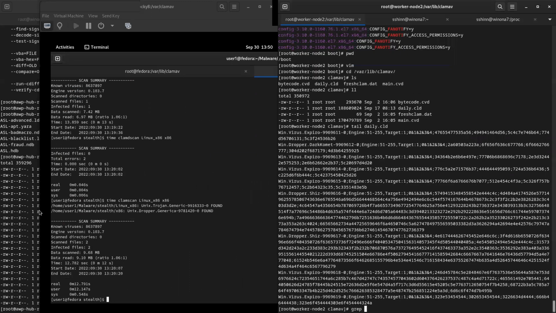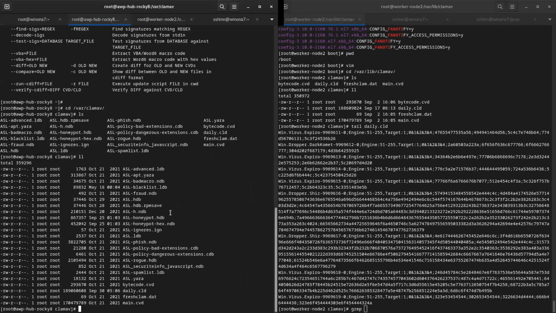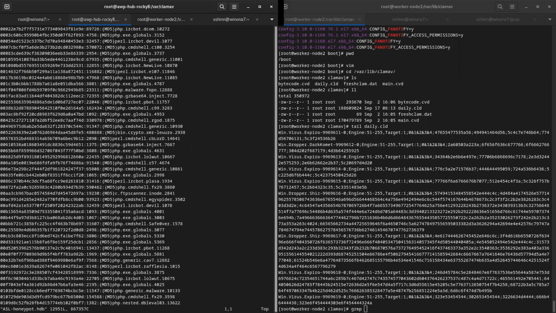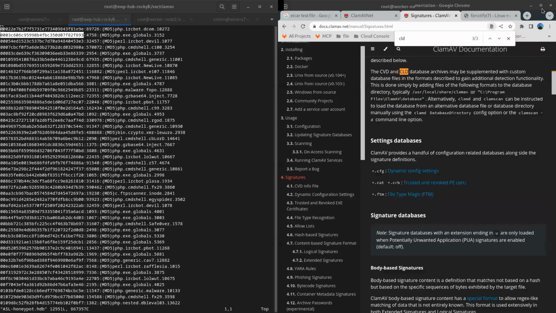But I can look at ours. So let's look at ours and go through some of the way these signatures look, starting with a hash one. What do I have in here that's hash? There we go. Our honeypot SIGs. So honeypot SIGs are pretty straightforward, right? You've got the original hash value of the file, in this case, MD5. They do support other hash values. They do SHA-1 and SHA-256, if I'm not mistaken. They do SHA-256.